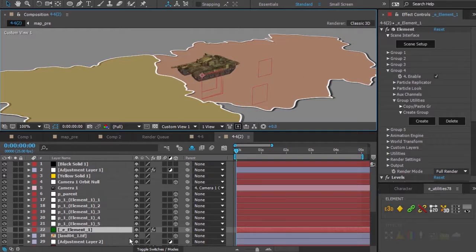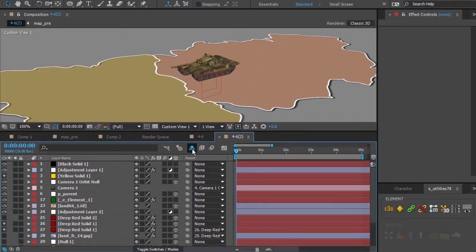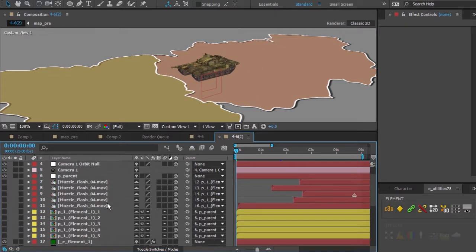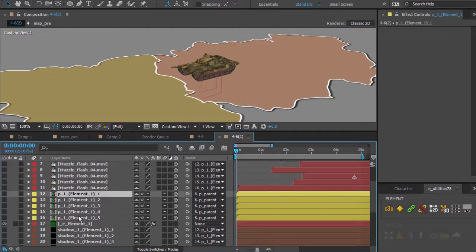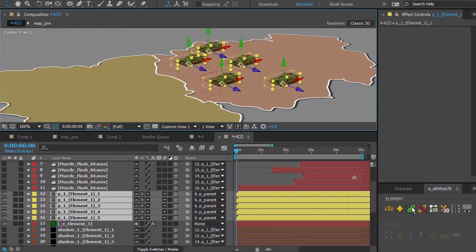This removes all binding expressions. Now you can delete the control layers. Why should you delete them? The fact is that you can use footages, images, or precomposes as control layers. In this case, each precompose is a bitmap image. I'm selecting the layers that will become control, finally selecting the layer with the element and clicking on the Bind